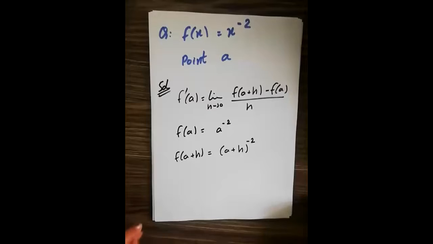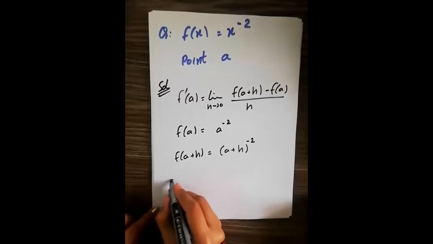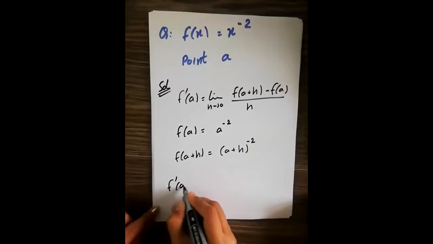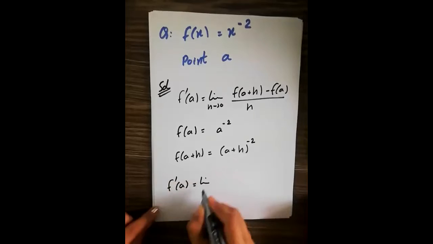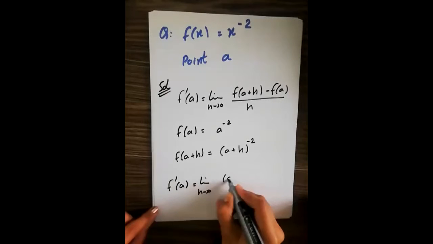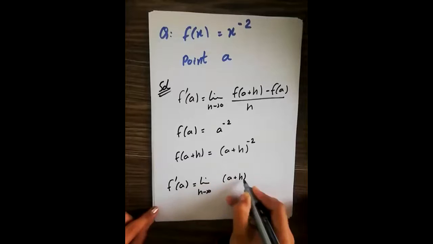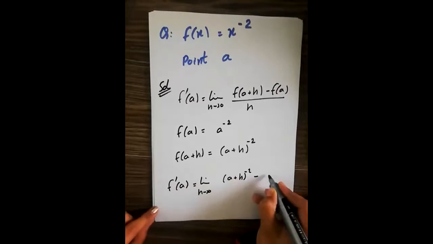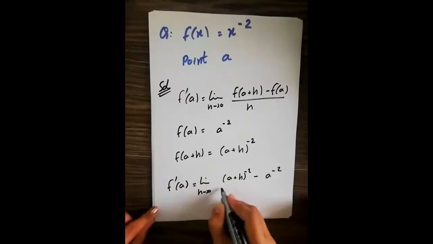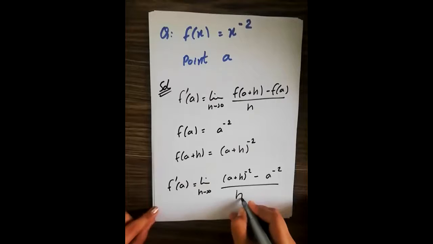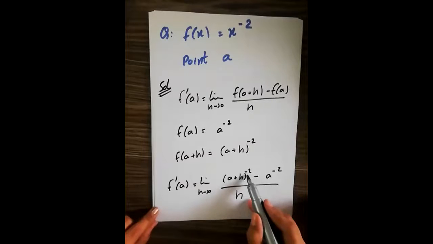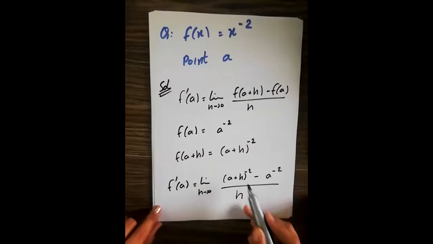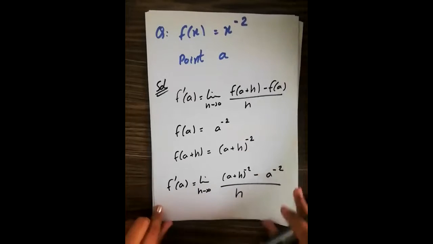Now we will put the values in the formula. F prime of A will become limit h approaches to 0, A plus h raised to power minus 2 minus A raised to power minus 2 over h. Now you can see the powers are with negative sign. To make them positive, we can write it as